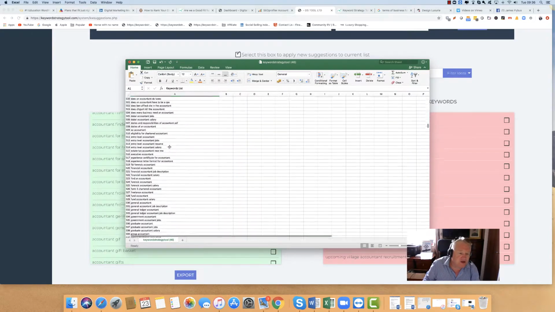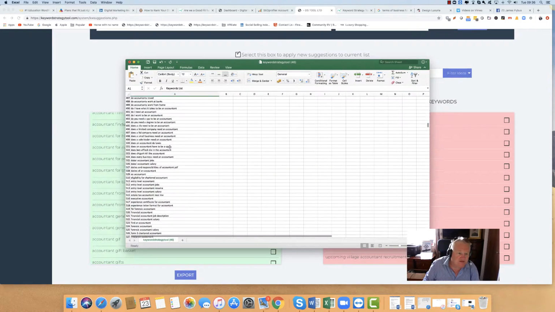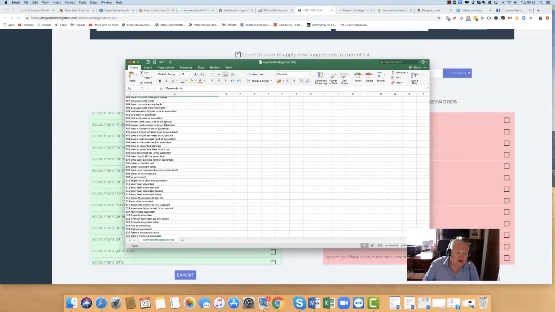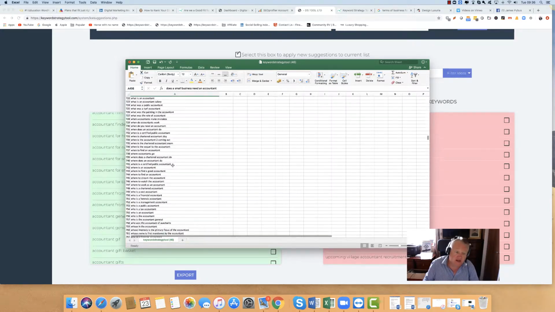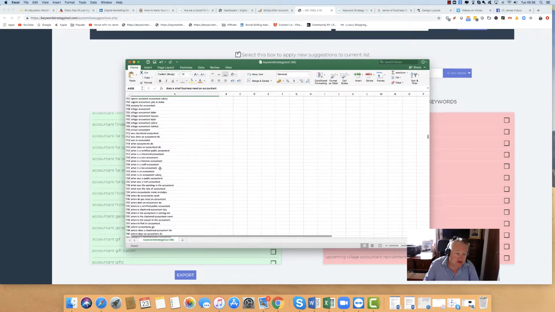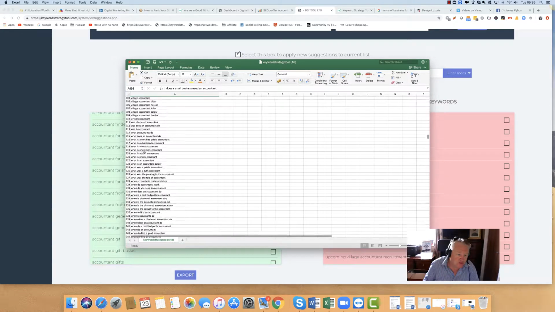And you'll notice as we go down, as part of our content strategy, what we can start to look at is where people are asking questions. So do I want to be an accountant? Probably not a keyword you would have in there. Does a small business need an accountant? Well, these are all questions that people are actually asking, and it's your job within your content strategy to answer these people. So identifying what questions people are asking is actually part of your strategy. You can see more and more people are asking questions.